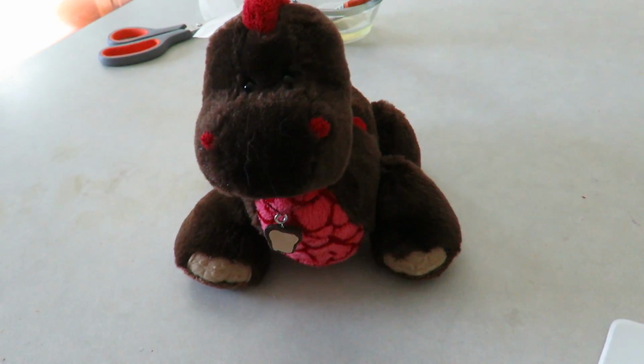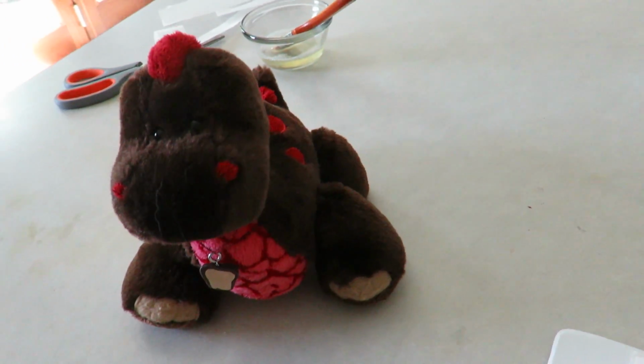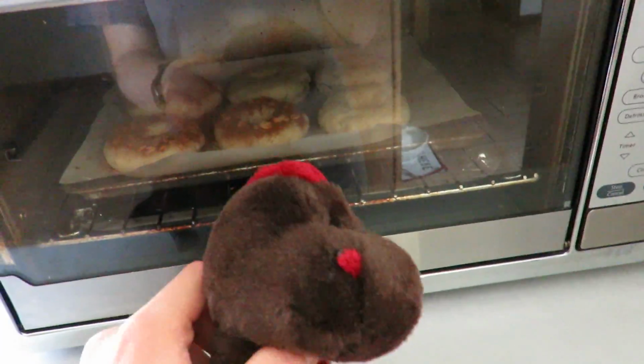It says the middle rack. Good enough. It says for 10 minutes and then turn the baking sheet and cook for another 15 minutes. That shouldn't really be necessary. This is a convection oven. The idea is it has a fan that keeps the heat circulating, so you're not gonna get uneven cooking, but